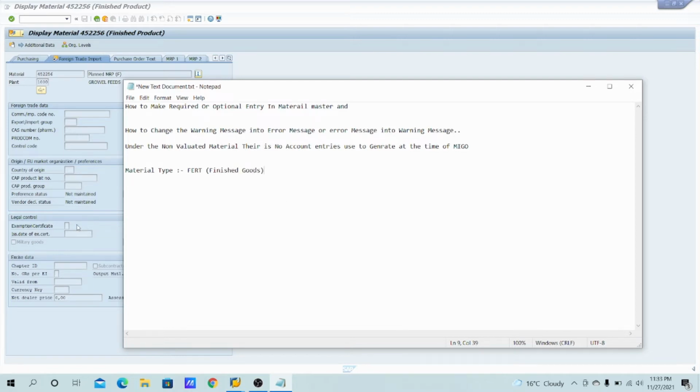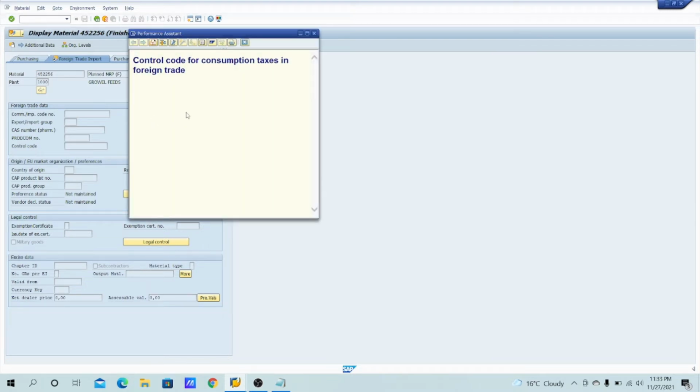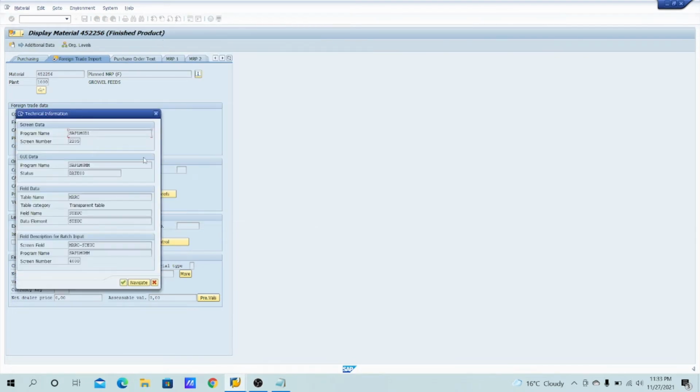So for that sake, I need some technical details of this field. Just click F1. After that, click here. You will get the technical field. The screen field I am getting here is MARC, that means the table where the data is saved is the MARC table, with the field name STEUC. So just click on copy.